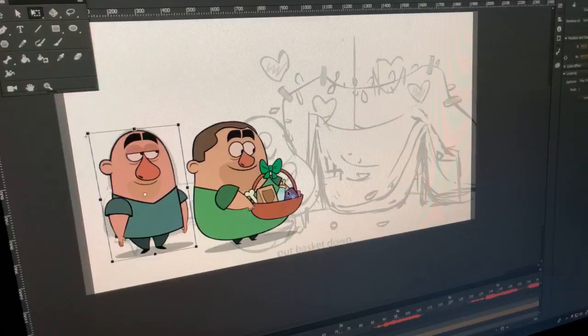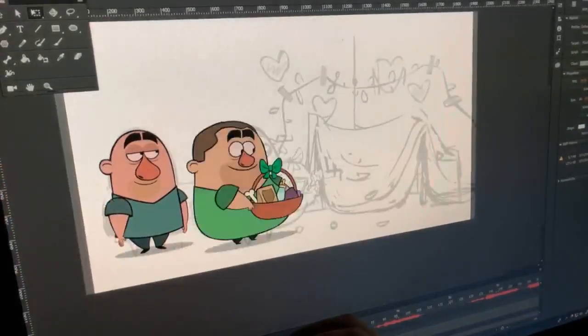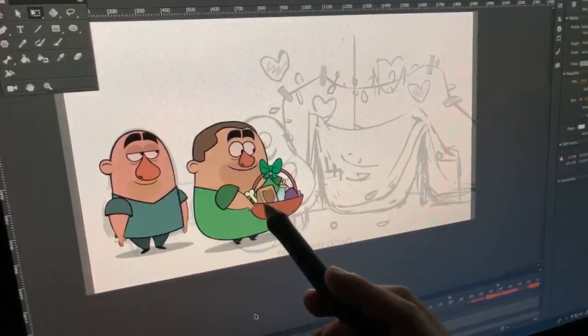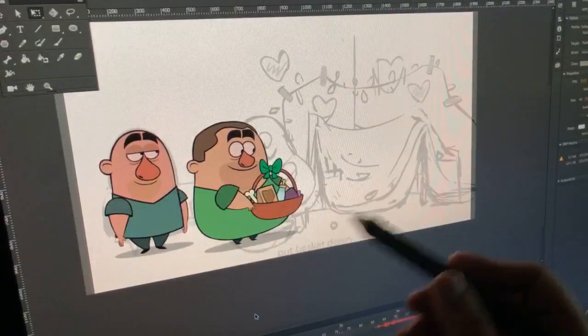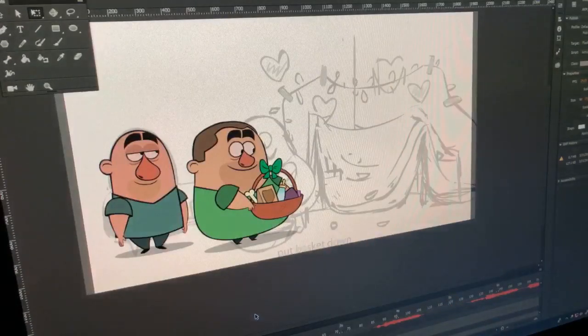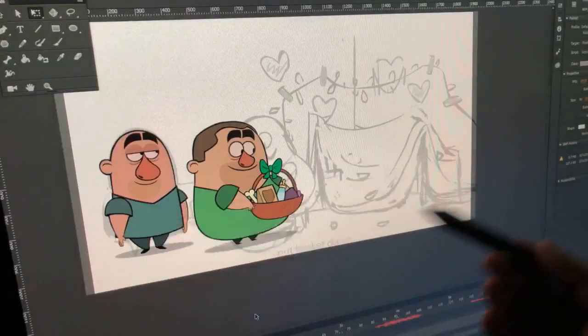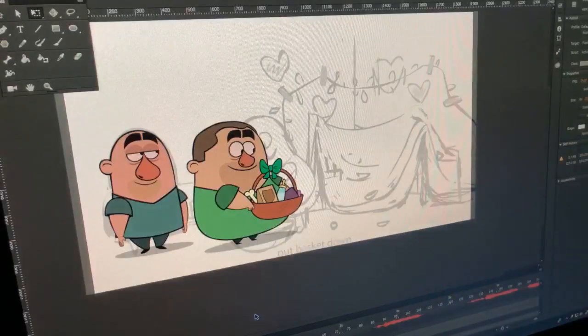See, I have an idea with that one too. I have an idea with Haru playing chess with the grandpa and cheating. I have the whole idea in my head, but I just don't get the time to do it. This is the first time I've actually opened up Abo and Karo in probably more than a year. But yeah, I was saying Karo convinces Abo that he needs to make the mood romantic and all that stuff, and Abo does. And then in this episode, we're seeing the results of what Karo has set up.